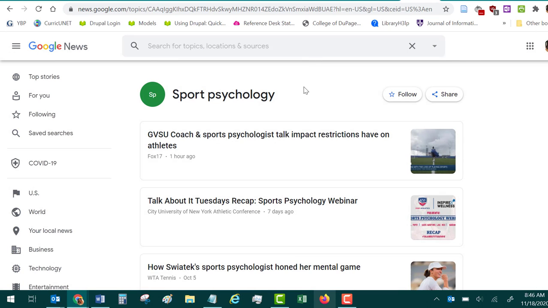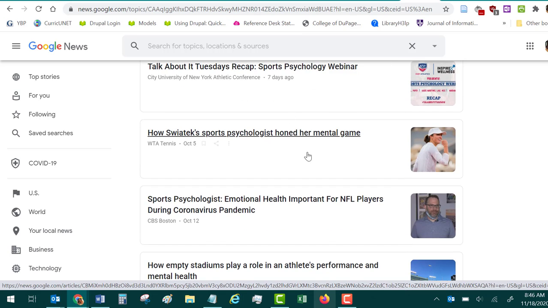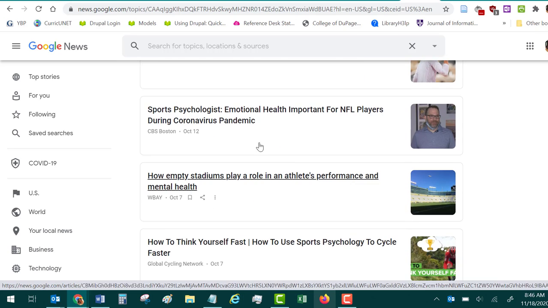you can start to see, as you look down the screen, there are newspaper articles that might be interesting to you. So, for example, talking about restrictions in the time of COVID and what impact those have on athletes, or different strategies that a sports psychologist used to hone her mental game, or even maintaining emotional health during the pandemic, as you also want to focus on your sport. So once again, looking through this list of newspaper articles might give you a topic that might work really well